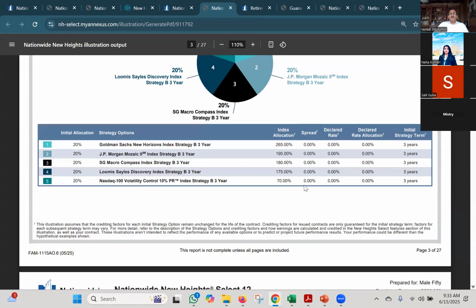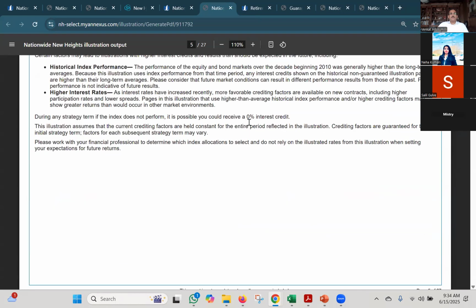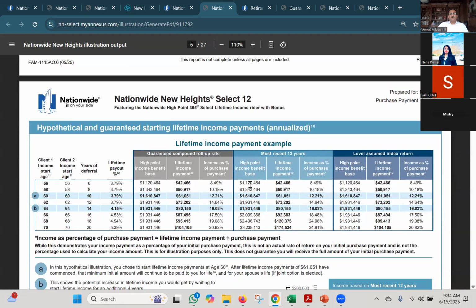So let's go to the next page here. Again, you can read through all these things, how these indexes work. It says, please read important information about illustrations, historical performances, higher interest rates. So go through that, guys. What we're going to talk about is hypothetical and guaranteed lifetime income payouts analyzed. The client is 50 years old. If he waits only 6 years and starts taking income, he's going to get this much. If he waits for 8 years, ideally until 15 and a half or close to 60,